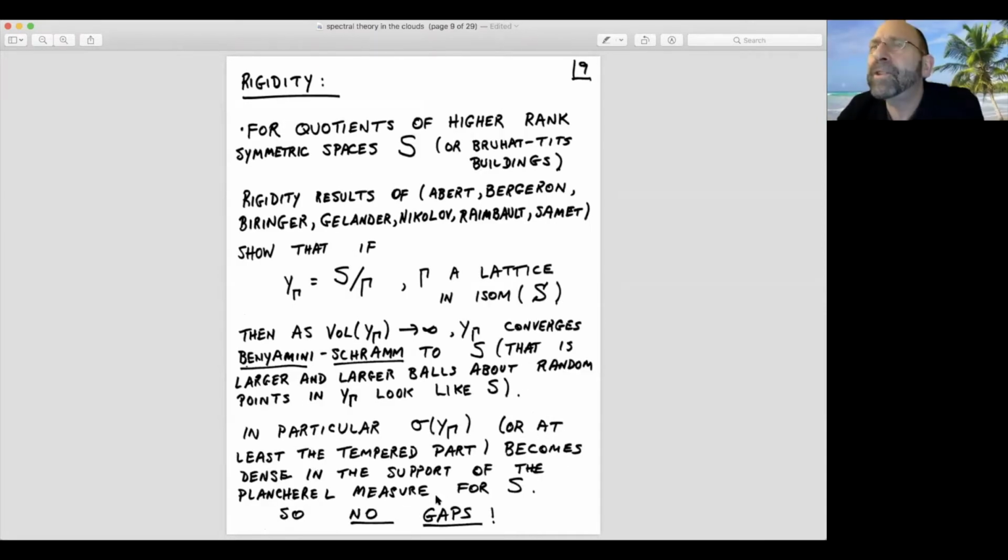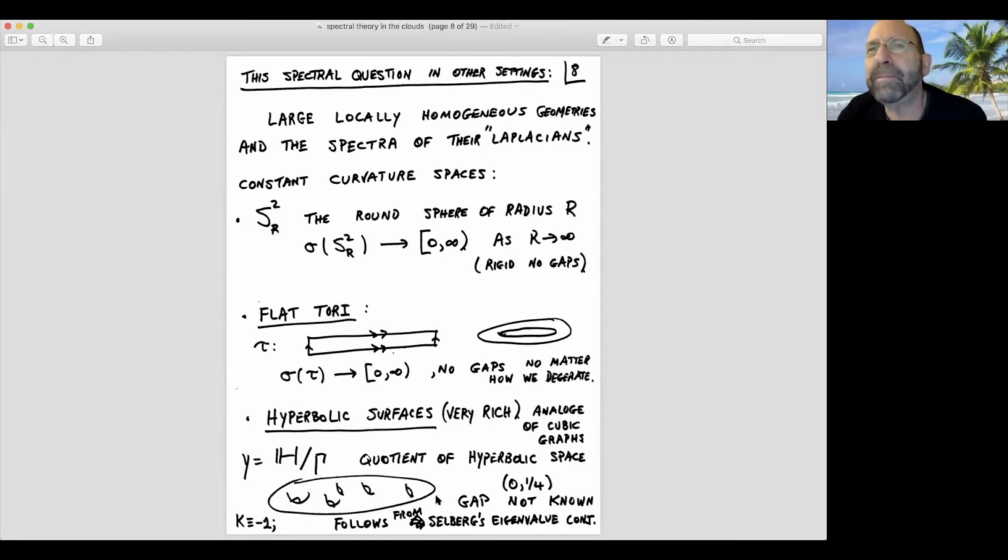I have a little question while we're talking. In your previous slide, it's not quite consistent between spheres and hyperbolic surfaces, because for your spheres, you're allowing the radius to vary, the curvature to vary, and not in the bottom. Correct. You wouldn't get this effect if you fix the sectional curvature. Right. I was just trying to give a few examples where no gaps are created. The most interesting is the hyperbolic surfaces.